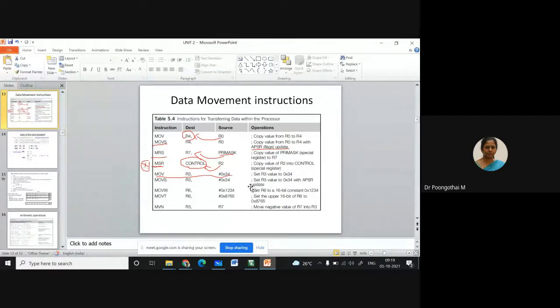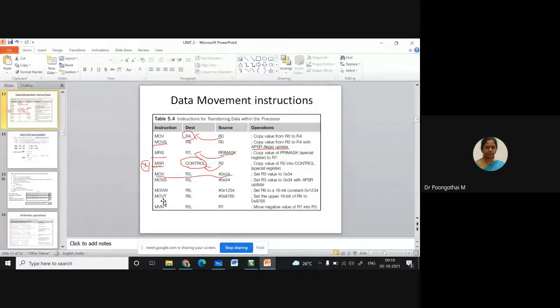Just read out the operation and explain that operation. The operation is given in the slide itself. Update just flag status. No? What are the flags in APSR? Roll number 49, Shyam Sundar. What are the flags in APSR register? Zero flag, negative flag. Okay. Overflow flag and saturation flag.